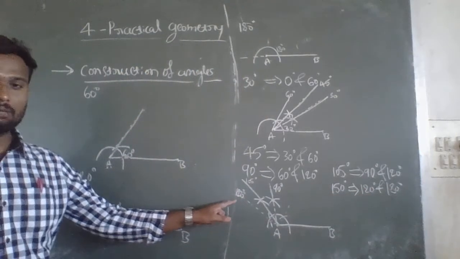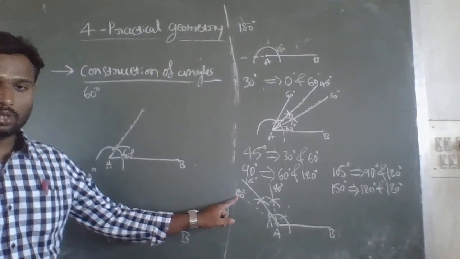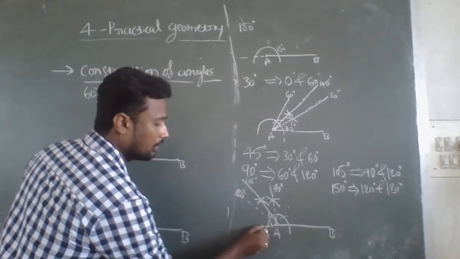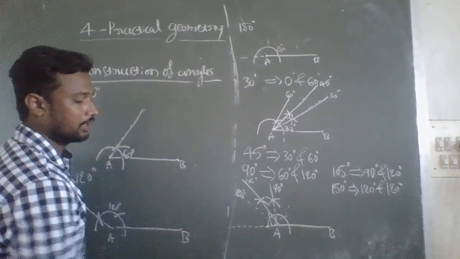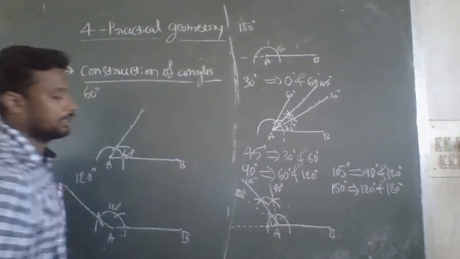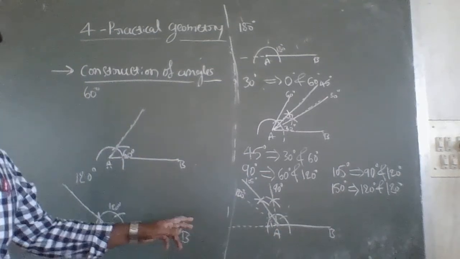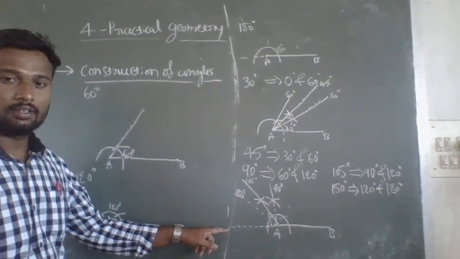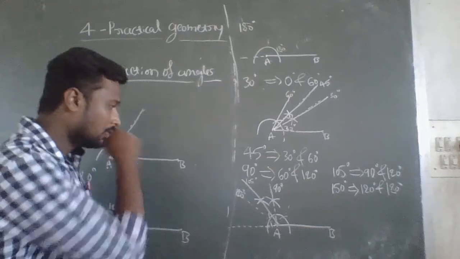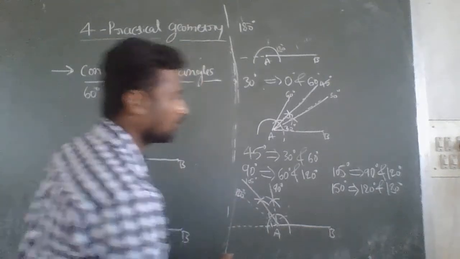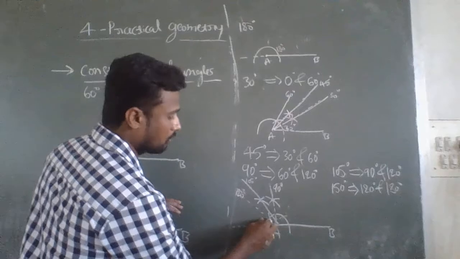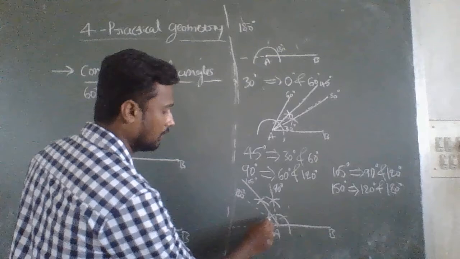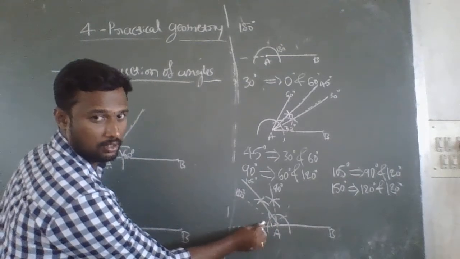Here in this example we already have 120 degree, and here I will draw one straight line to get 180 degree. This is 180 degree, and 150 degree is between 120 degree and 180 degree. So to get 150 degree, what we can do here is place the compass on the line of intersection of 120 degree. Here you have to place your compass.